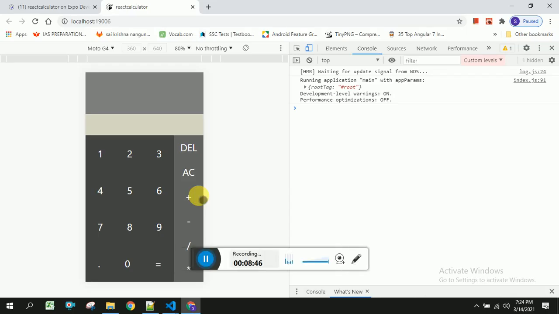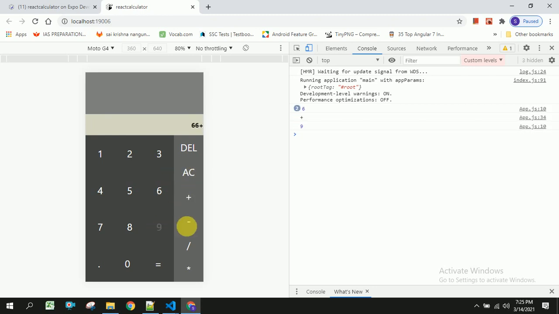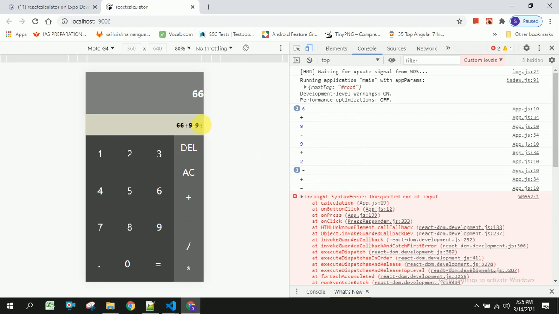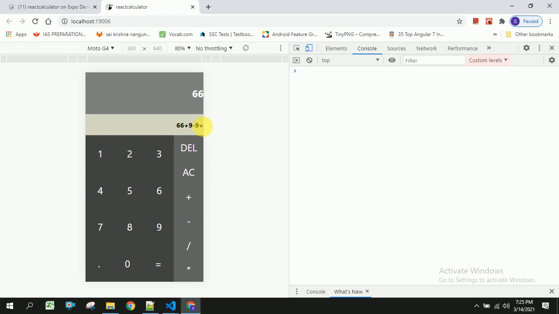You can see here, once we refresh this, I am going to calculate some values. 9 plus 2, we have to get the result as 68. So you can see here we have got the result, and if I delete this, we will be able to get the value. And if I add any operation and click on this, we will get errors because we have not handled this issue. If we have any operation and the user clicks on this equal to symbol, we have to validate this.